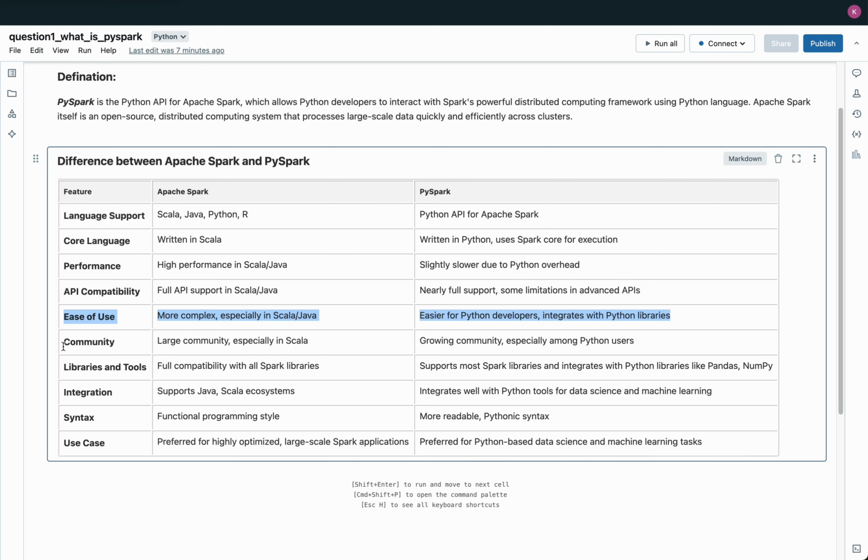Ease of use: Apache Spark can be more complex, especially when working with Scala or Java, as these languages are more verbose and follow functional programming paradigms. PySpark, however, makes working with Spark easier for Python developers thanks to its simple, readable syntax. For example, instead of writing complex Scala code to load and filter data from a CSV file,